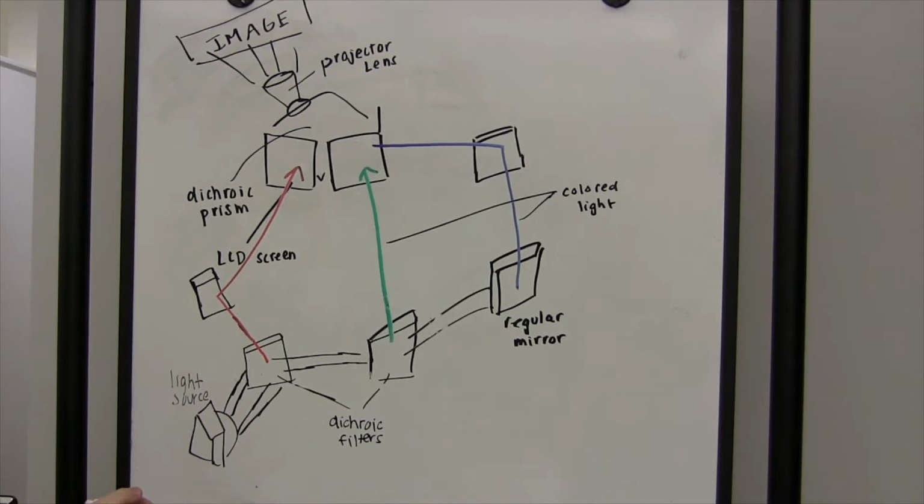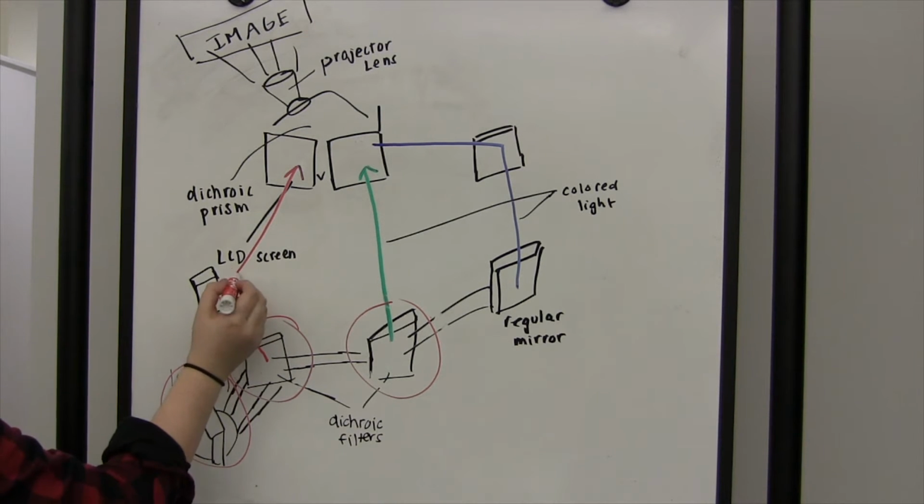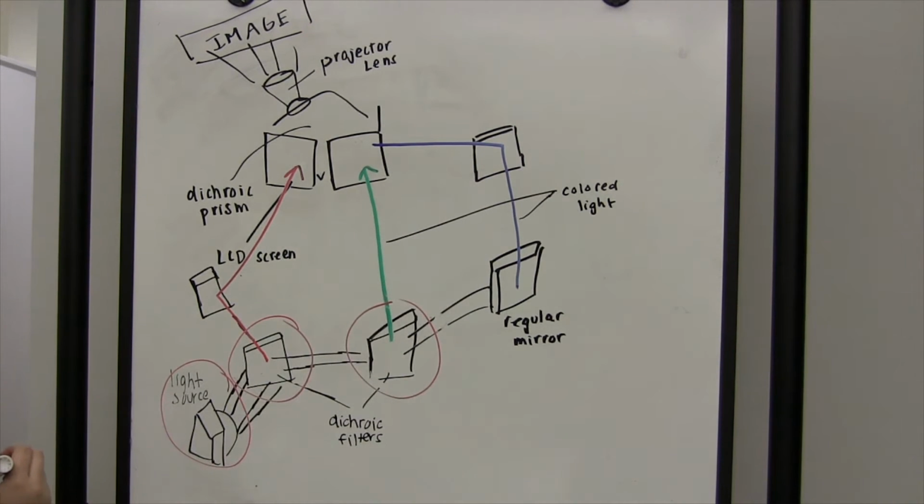In order for LCD projectors to work, first you need a beam of light from an external light source. Then the light bounces off 2 dichroic mirrors coated in film that only reflect certain colors of light, and you get 3 beams of light, red, green, and blue. Light beams pass through an LCD made of thousands of pixels, and based on current, which we described previously, light